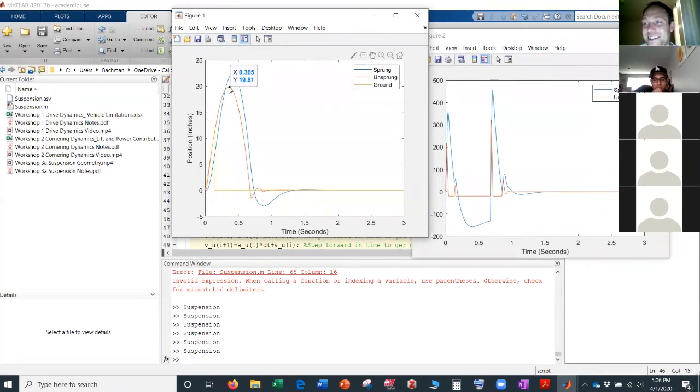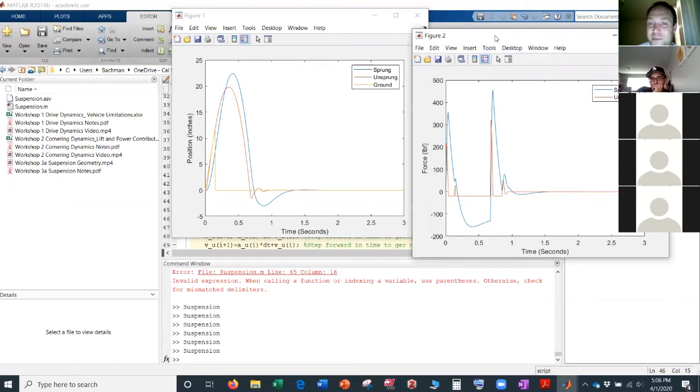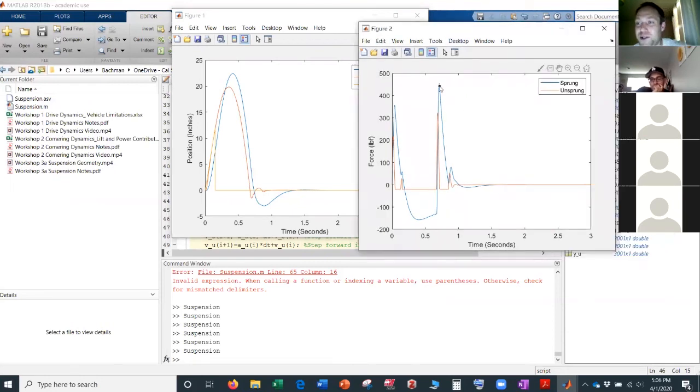It's just going down at -g, and then it comes down. Here's where it hits the ground after about 0.7 seconds, and it gets hit up about 300-400 pounds force. So there you go, there's a model for the forces on the suspension when it hits